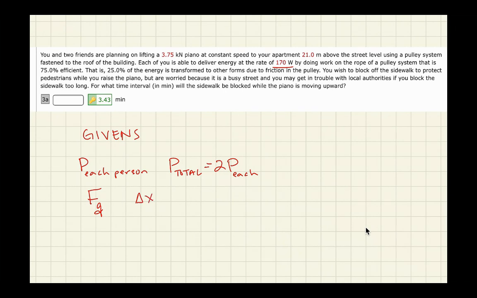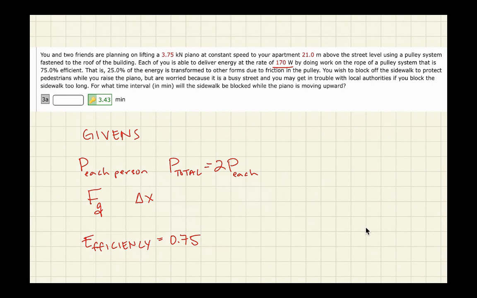We're also given that this process is only partially efficient. So 75% of the energy that I give is going to get into the piano. That means I need to provide 25% more energy than it would actually take to get it up to that original height in order to account for the energy that's lost to friction here. After that,